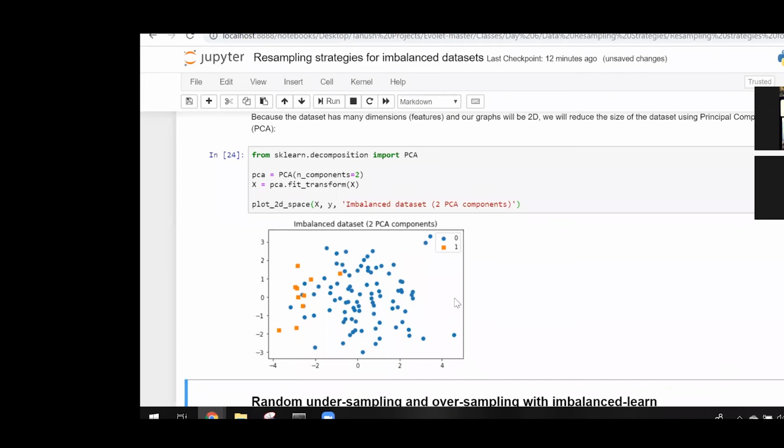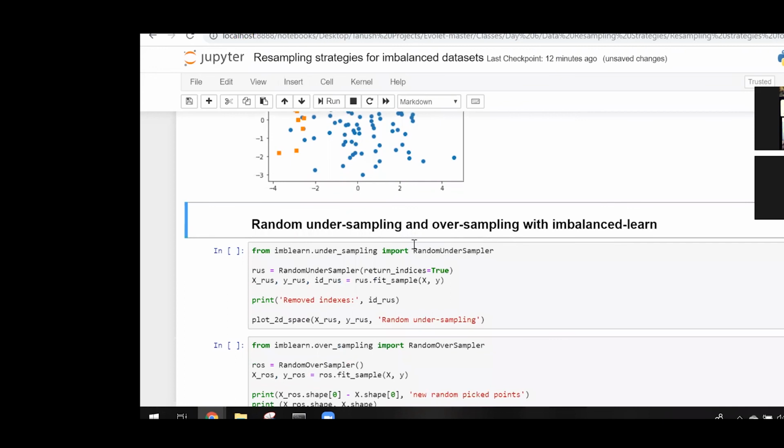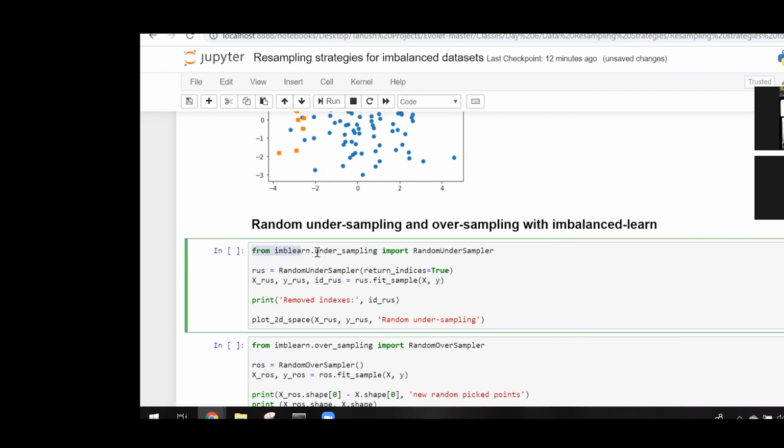Now let us try random undersampling and oversampling, which are under imbalanced-learn. Look at this line of code: from imbalanced-learn's under_sampling module, let us import RandomUnderSampler.